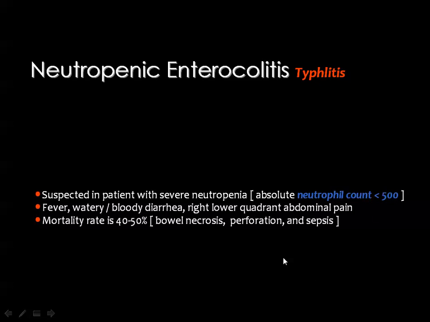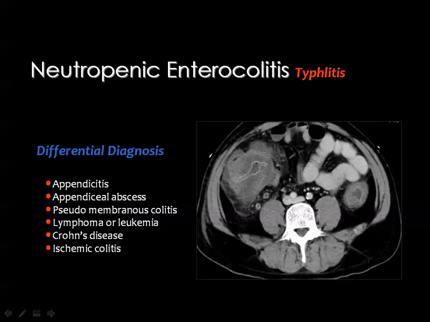Then these patients may present similar to other lesions like pseudomembranous colitis, for example, and diverticulitis, by fever and watery or bloody diarrhea. This right-sided lesion will result in right lower quadrant abdominal pain. Mortality rate is high because of the bowel necrosis, perforation, and sepsis. This is a good example of typhlitis, and I have to mention that this diagnosis should be supported by the